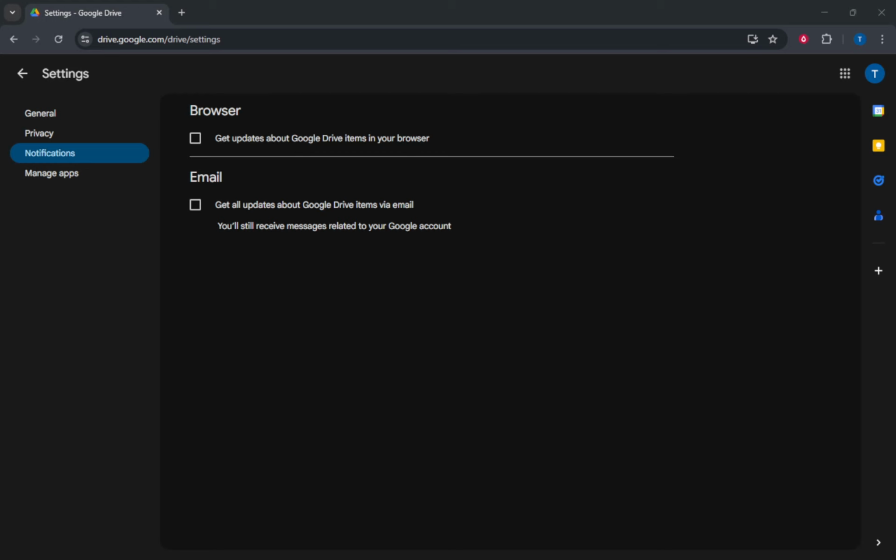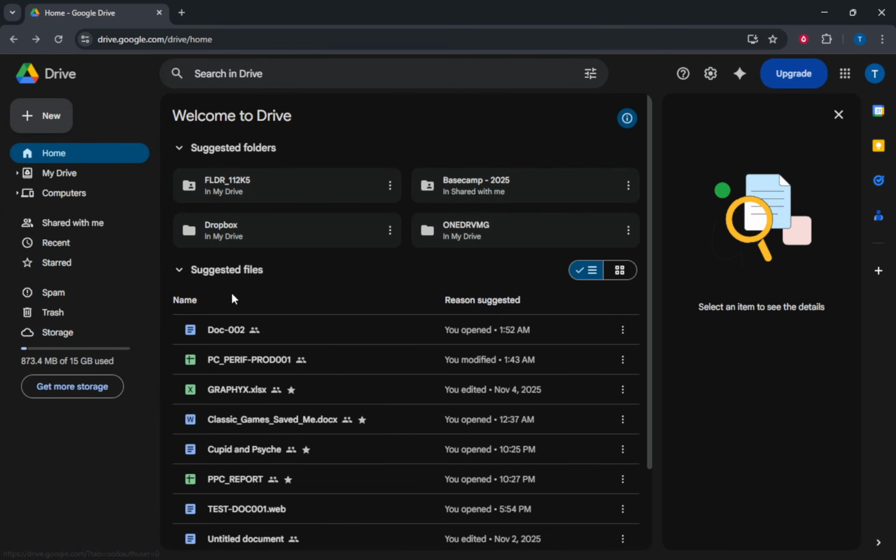In today's video, I'm going to teach you how to set up email or other notifications for file activity in Google Drive. Whether you're managing important documents or collaborating on projects, enabling these notifications can help you stay updated with any changes or requests related to your files. Let's dive into how you can easily activate these settings on both the web and within specific Google apps like